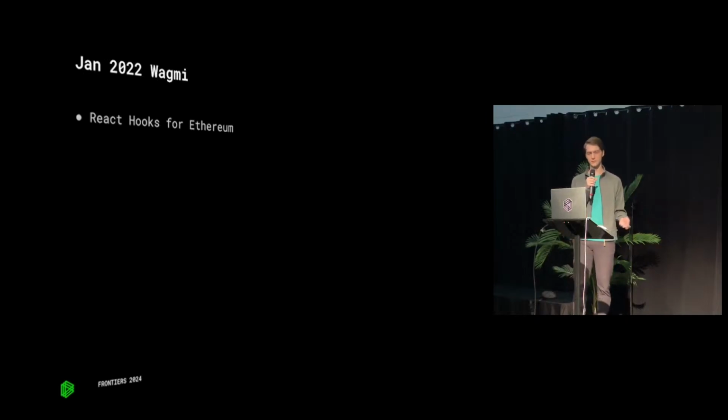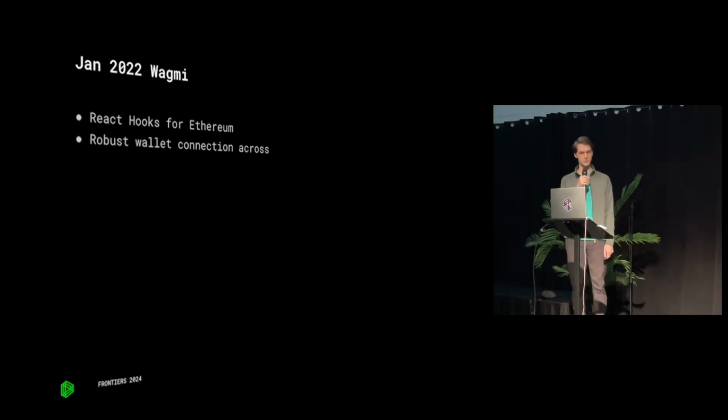Yeah, so I got involved in late 2020, 2021, building apps. And I think the big thing that was missing, coming from more of a front-end world in Web 2, where there are a bunch of great libraries, bindings for React and building user interfaces, was something that was a little more stable. So I worked on WAGMI as a side project. I was wondering if there was some way to standardize and make things better. It's a React hooks library.